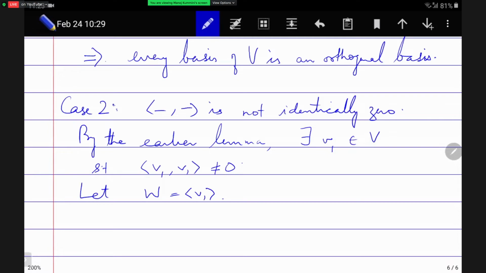So then what is this given by? Maybe it's just writing it into the matrix. Note that the form is non-degenerate on W, since